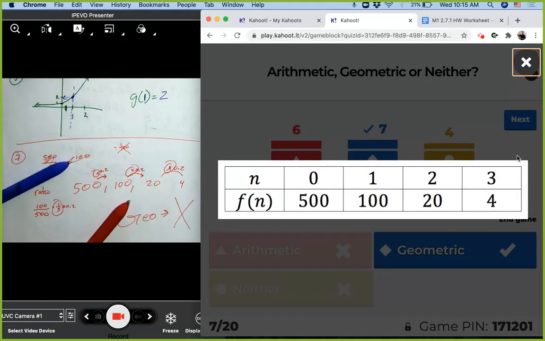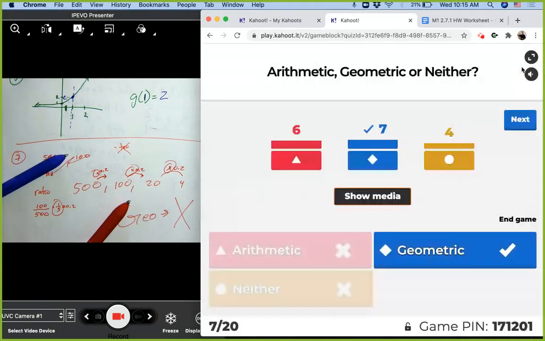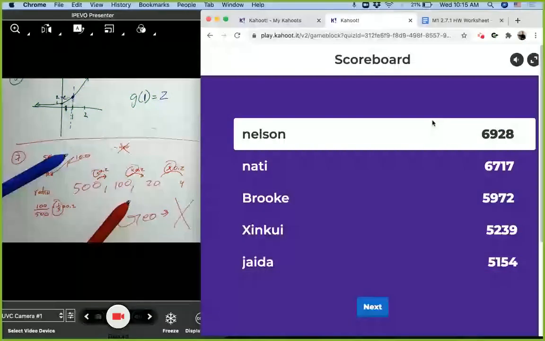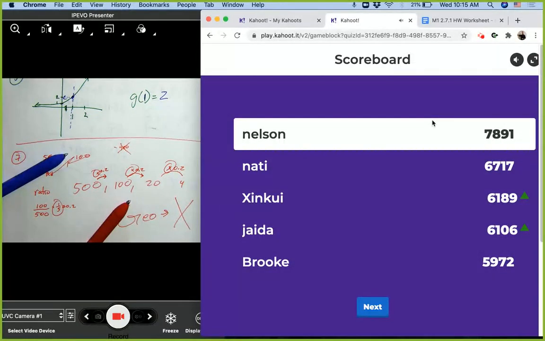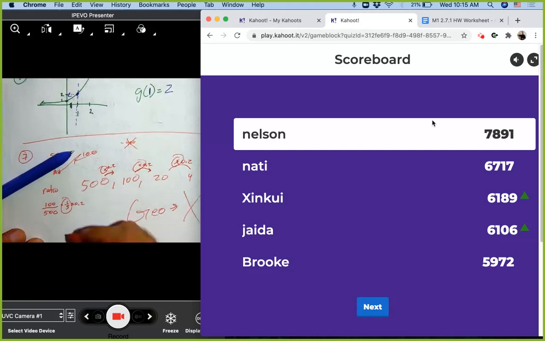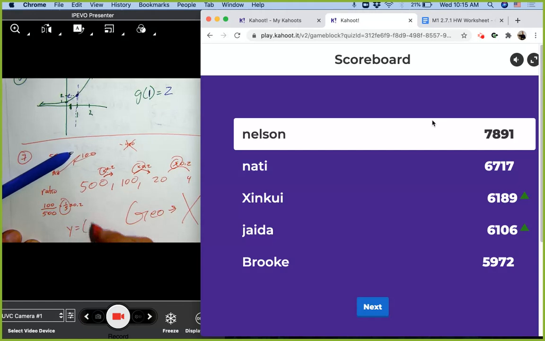This next one is similar, so let's see if we can all get this next one, okay? Let's see what we have here. Yes. Jacqueline, if it helps you to think of it as you can just multiply or divide to go between them, that's fine. If you think of it as divide by 5, divide by 5, divide by 5, that will work. That's fine. However, when we express it, if we are then going to our next step and having to put our first term